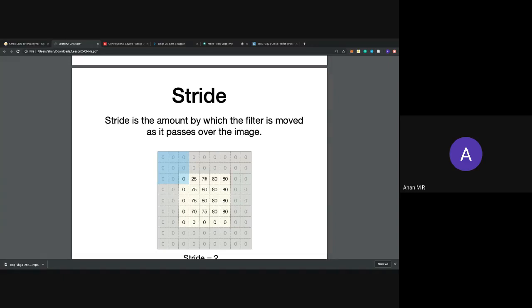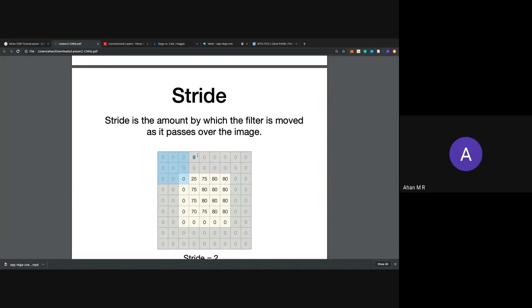Usually you use higher strides on bigger images. Suppose I have a 228 cross 228 image; it's pretty big, and the number of operations and parameters generated will be pretty high. So there's a formula: the size of your image minus the size of your filter plus 2 times the padding size, P. If I've padded with 2 rows, P will be equal to 2. I'll share the notes for this, but given a 228 cross 228 image, it will be 228 minus 3 plus 2 times 2, divided by S.